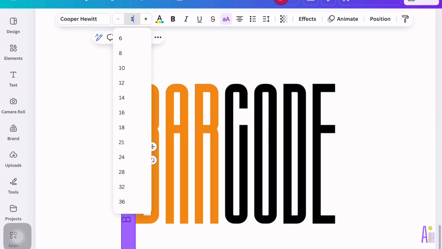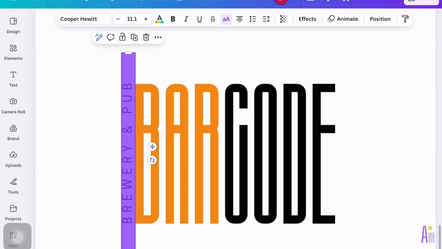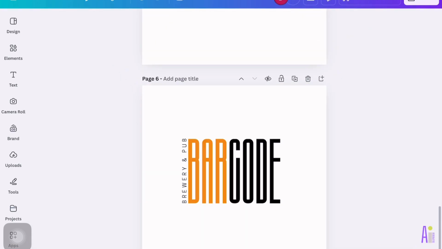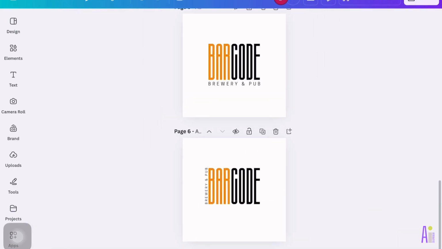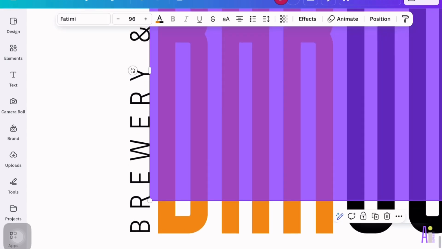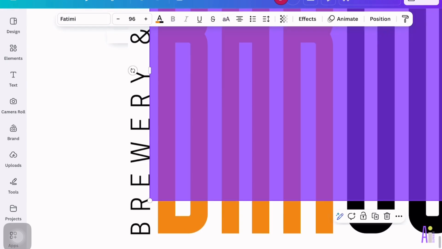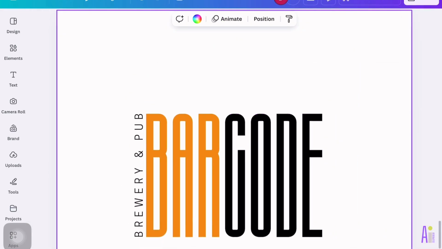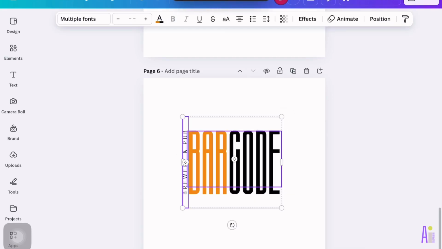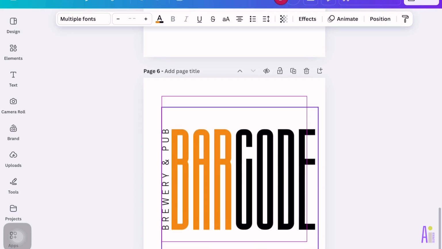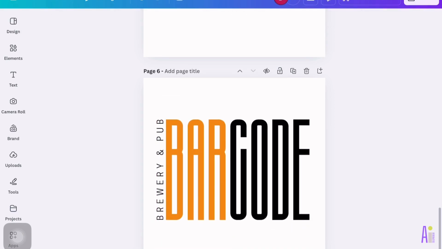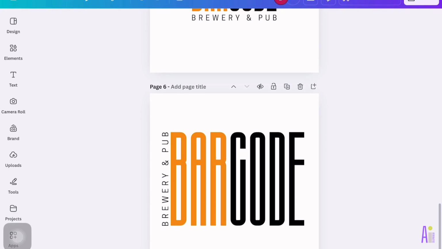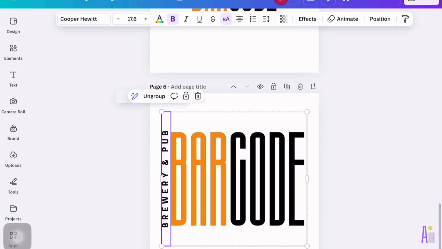So if you're running a bar or a restaurant and you would like to name it Barcode, and if you think there's no competition there, hit me up and I will sell this to you. So again, with this one, I'm going to try aligning horizontally and vertically the words brewery and pub. I'm thinking, when it gets on the menus, it's nice and compact without any stray bits of text just wandering from the logo. And spacing is a thing. Okay, so now that we've got the second variation out and ready as well,